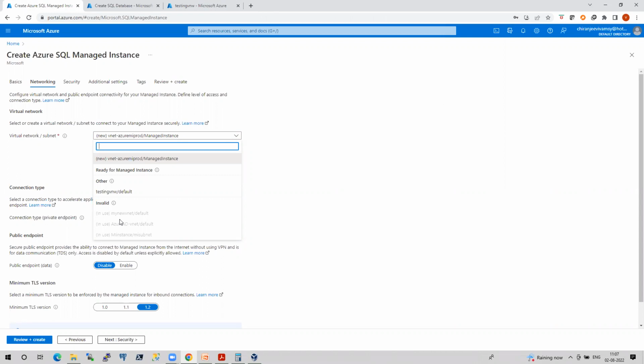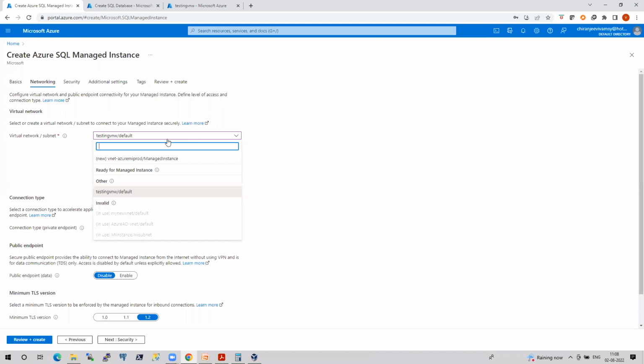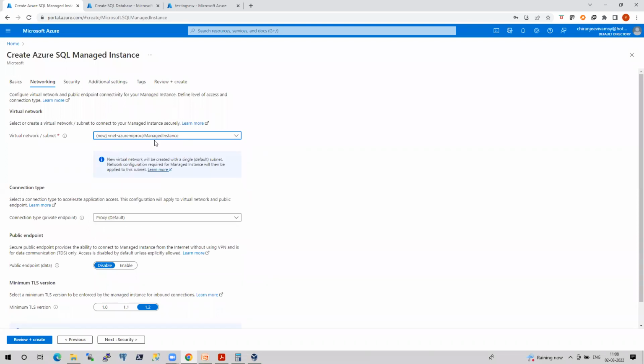And how to make use of that? There is one option that we can try out, but I'm not going to talk about that option because it is more advanced. I'm keeping that aside. If I want, I can make use of this. It will definitely allow, but there are a few things that I have to configure. So that's why I don't want to take any risk. So I'm going with VNet and Azure MI thing.